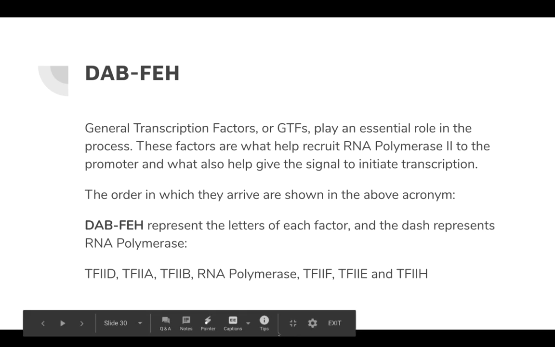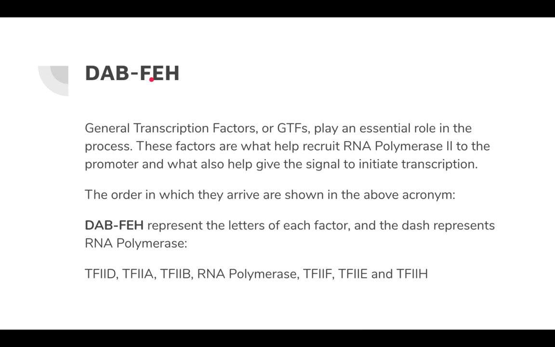Once that latches onto the promoter, then all of our transcription factors will come in. And this is where DAB-Phe comes into play. This is just a clever mnemonic that we use to memorize the order. So general transcription factors, or GTFs, will play an essential role in the process, and these guys are going to help recruit RNA polymerase II to the promoter, and this will also help give the signal whether or not we want to initiate transcription. So the order that they arrive in is in the name. DAB-Phe,